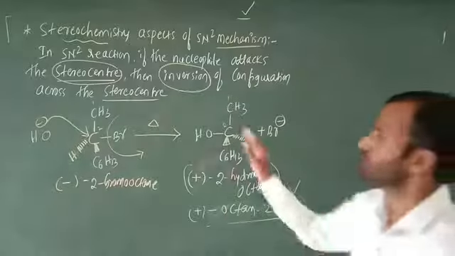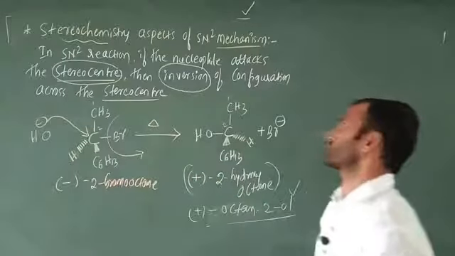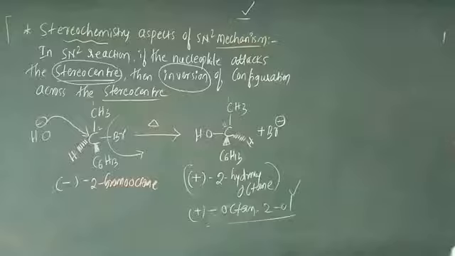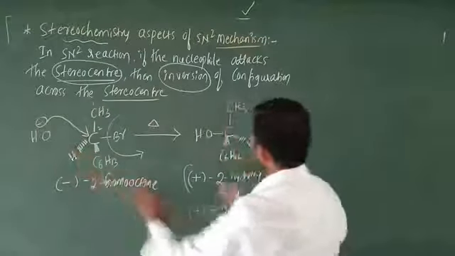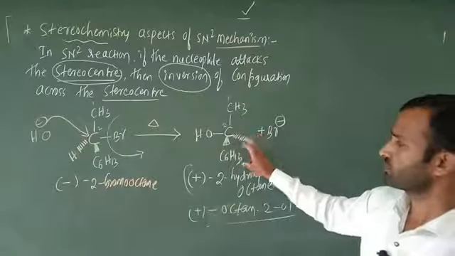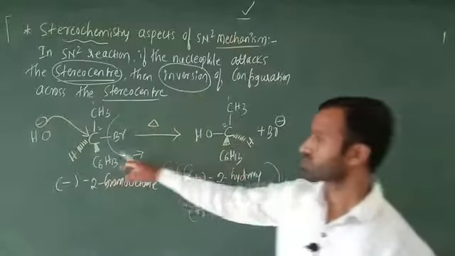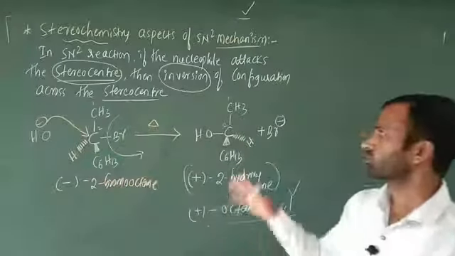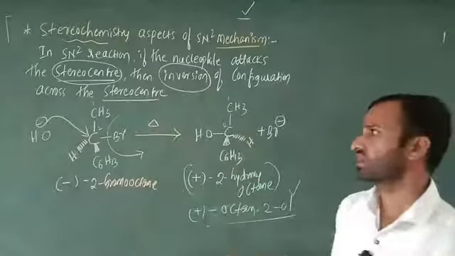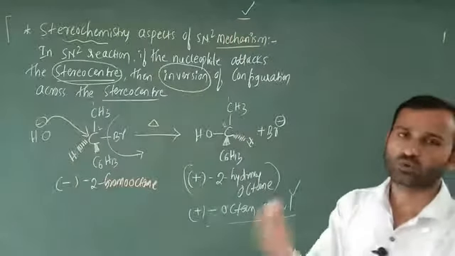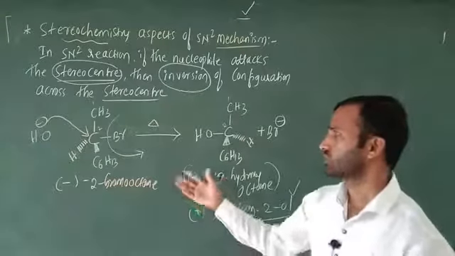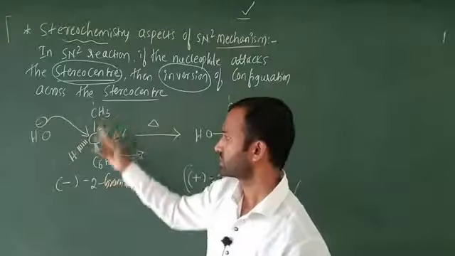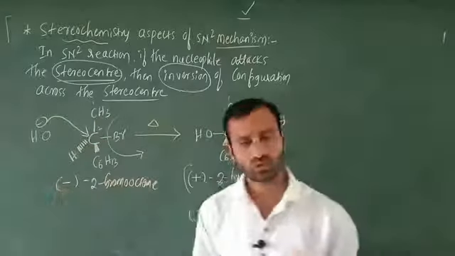Okay, this indicates the stereochemistry aspect of the SN2 mechanism. Bear in mind, just here, if hydrogen is below the plane, it goes above after reaction; the CH3 which was above also goes to the other side. This indicates the inversion of the configuration. Retention means as it is; one more point is retention. Okay, this indicates inversion. If you know what a stereocenter is, it means the carbon containing 4 different groups.